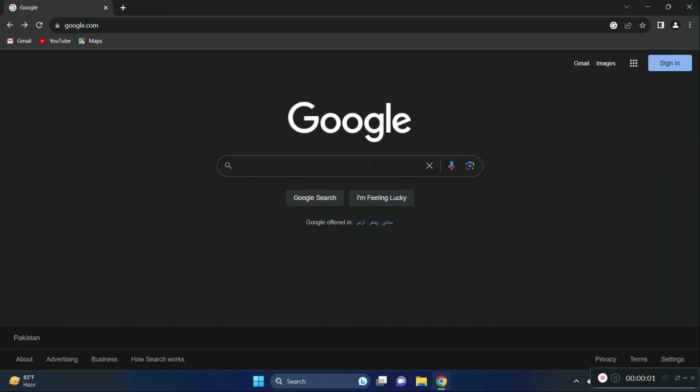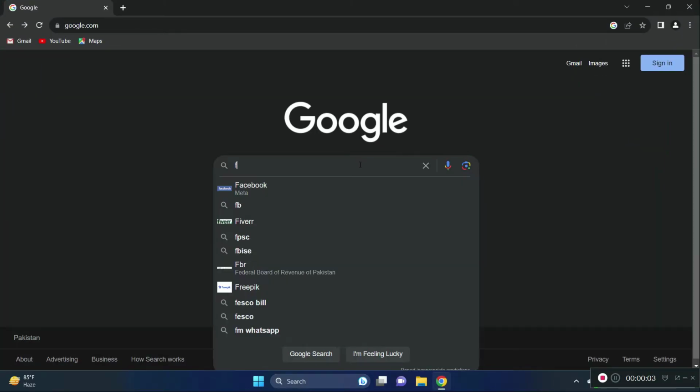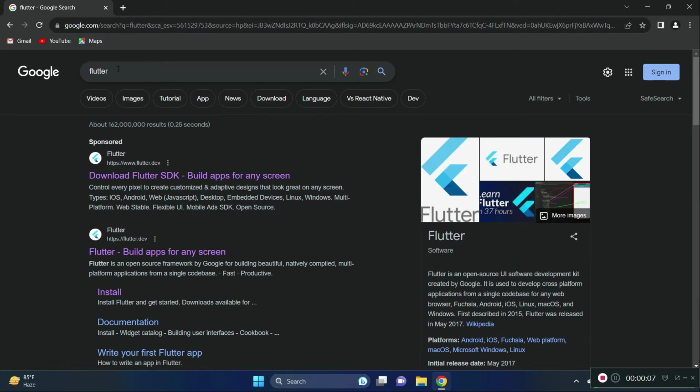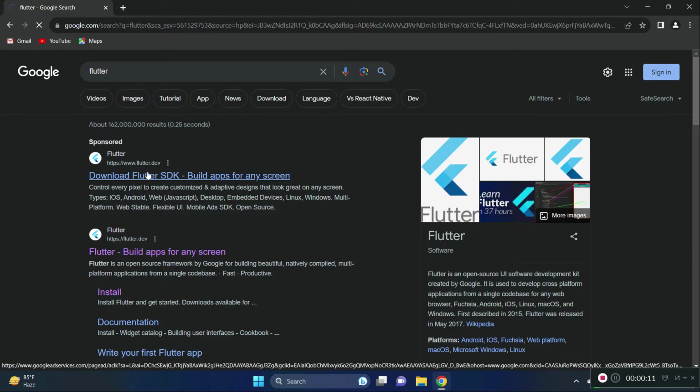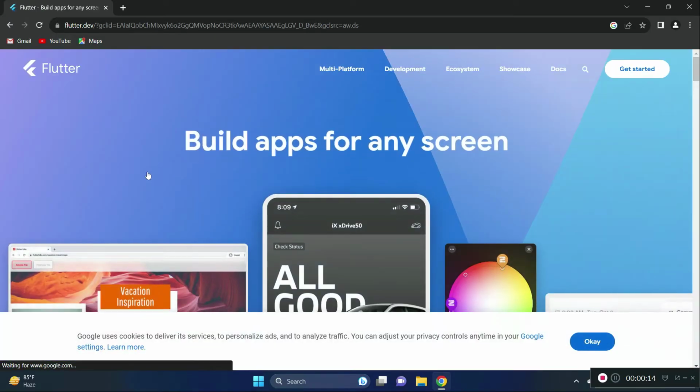In this video you will learn how to download and install Flutter. So go to your favorite browser and simply search for Flutter. You will see this link which is download Flutter SDK. Click on that, or you can come here directly by simply typing this flutter.dev URL and it will redirect you